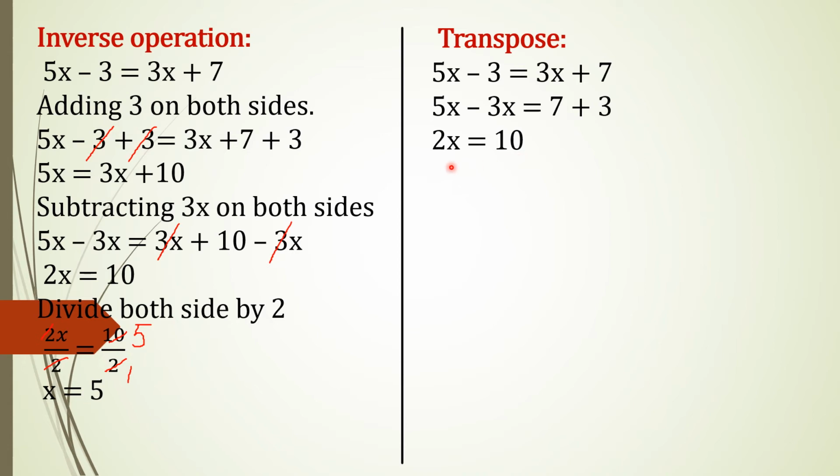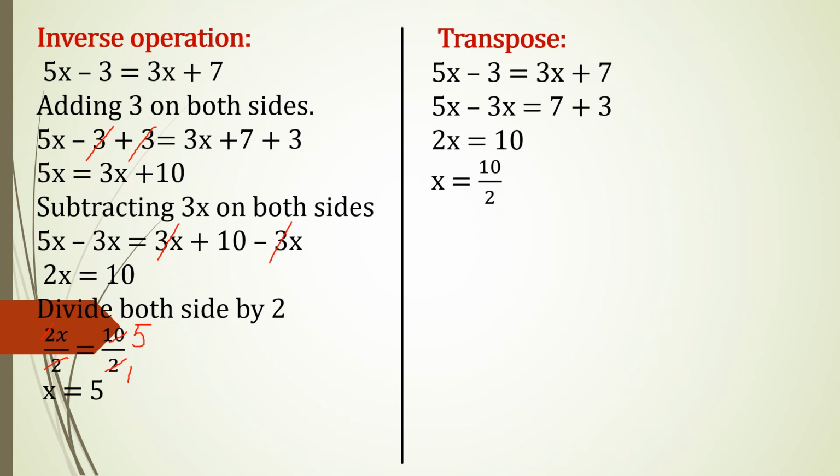Now, obviously, we need the value for the variable x. So, as it is 2x equal to 10, it is multiplication over here, 2 into x. This means I'll bring this 2 to my right hand side. As it is multiplication, it will become division over here. So, x equal to 10 upon 2.